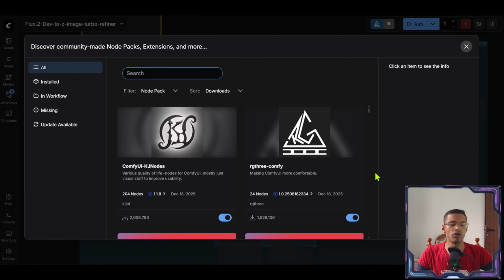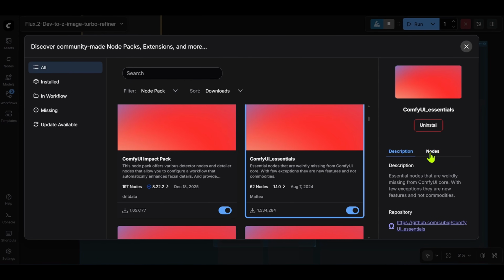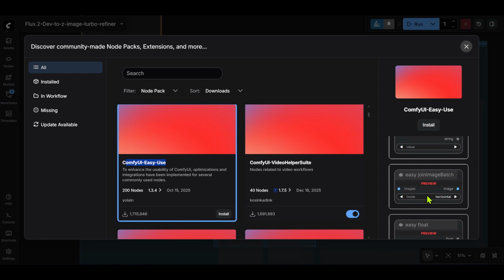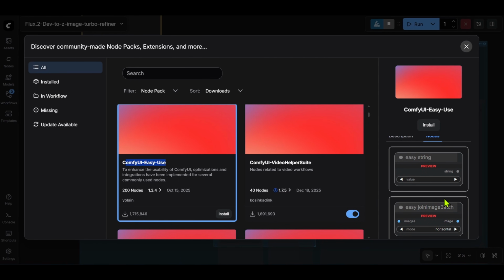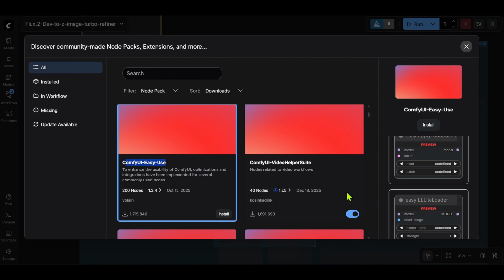Basically, before installing the node, you can see what nodes are available. If you want to change the version, by the way, you can just click on the version here to select it. There's also a section here for nodes. When you click on it, it will tell you the different nodes available in this pack. You can even get a preview of how they are going to look. Now, of course, not all of the custom nodes currently inside the manager have these thumbnails or previews. Some of them don't have it, and it will just depend on when the author updates their